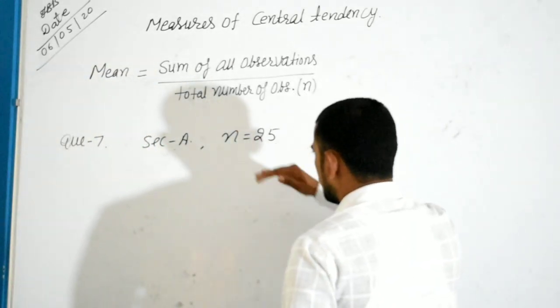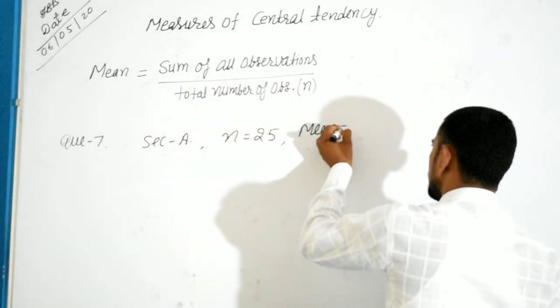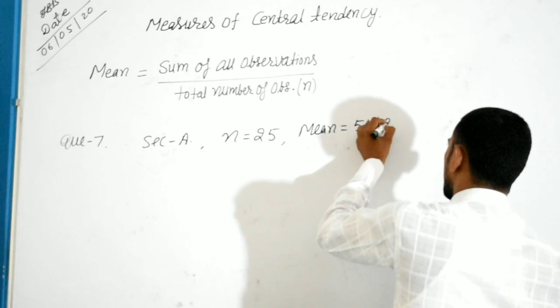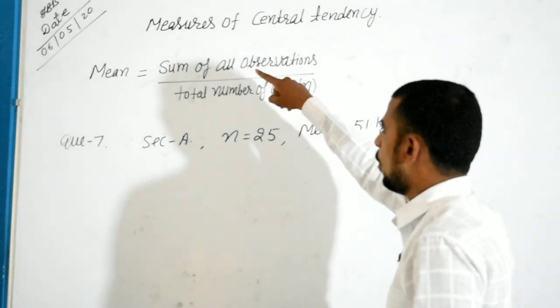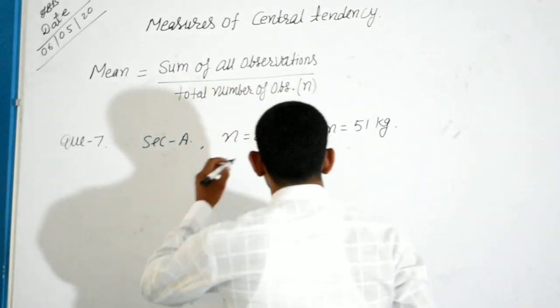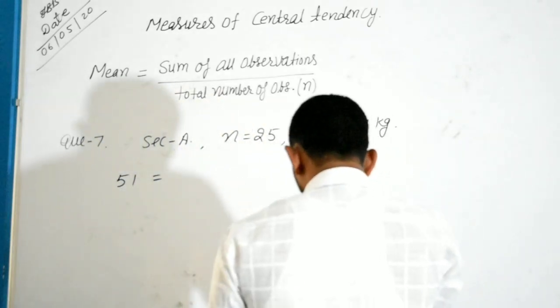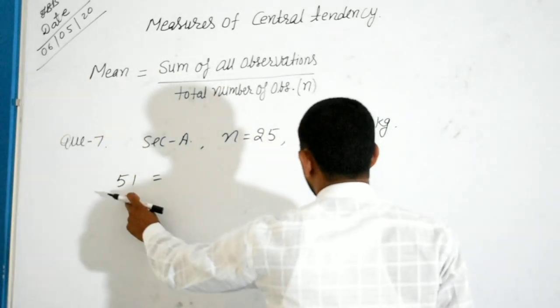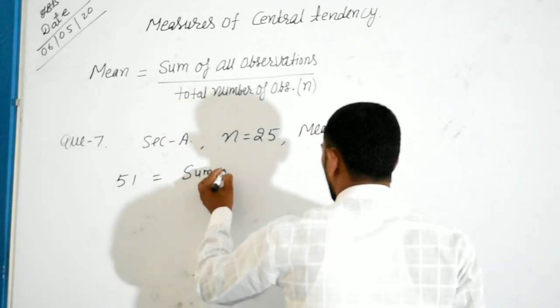The number of students is 25 and the average weight is given, 51 kg. Now the formula of mean is the sum of all observations upon the total number of observations. Mean is given, mean equal to 51. The sum of all observations means the sum of